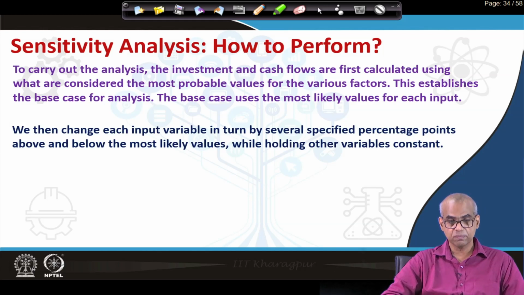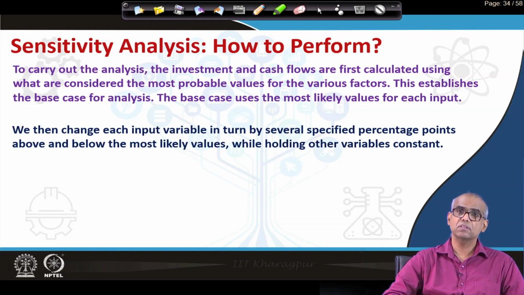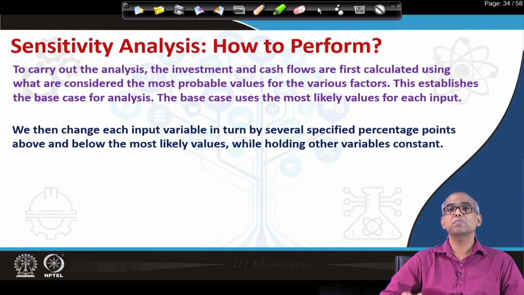So, we have obtained the base case. Now, there are several factors. Let us say there are 5 factors. So, I take each factor in turn and change it by say minus 5%, minus 10%, minus 20%. On the other hand, plus 5%, plus 10%, plus 20%, and compute the net present